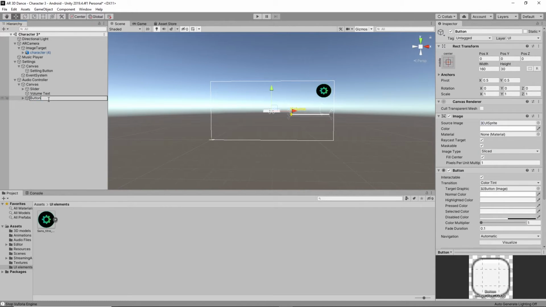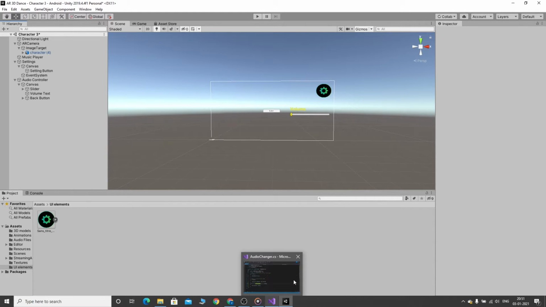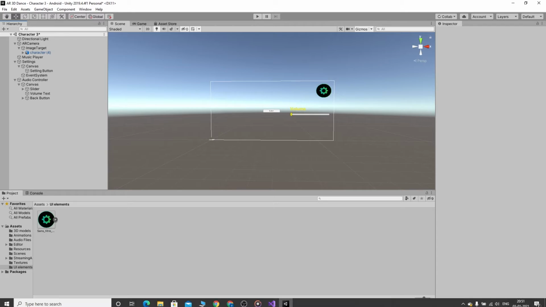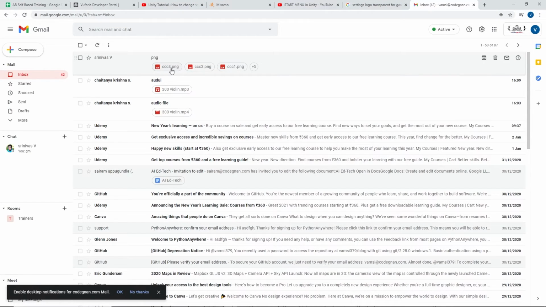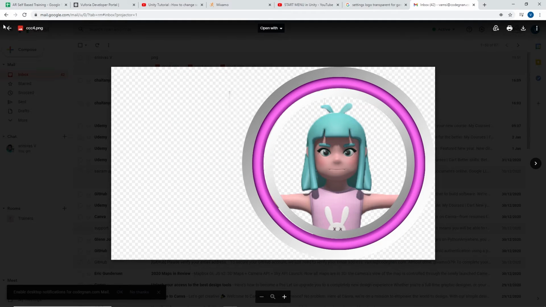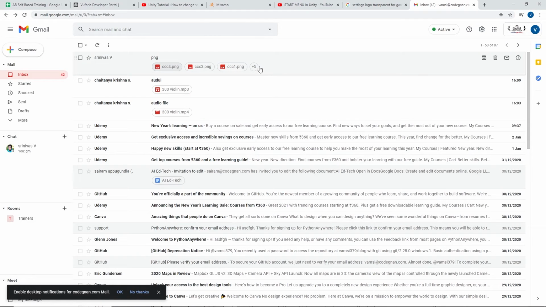In this button I'm naming it as back button. I have some images for the back button, so I'm going to download them. I will share them in the description, so you can download and use them.